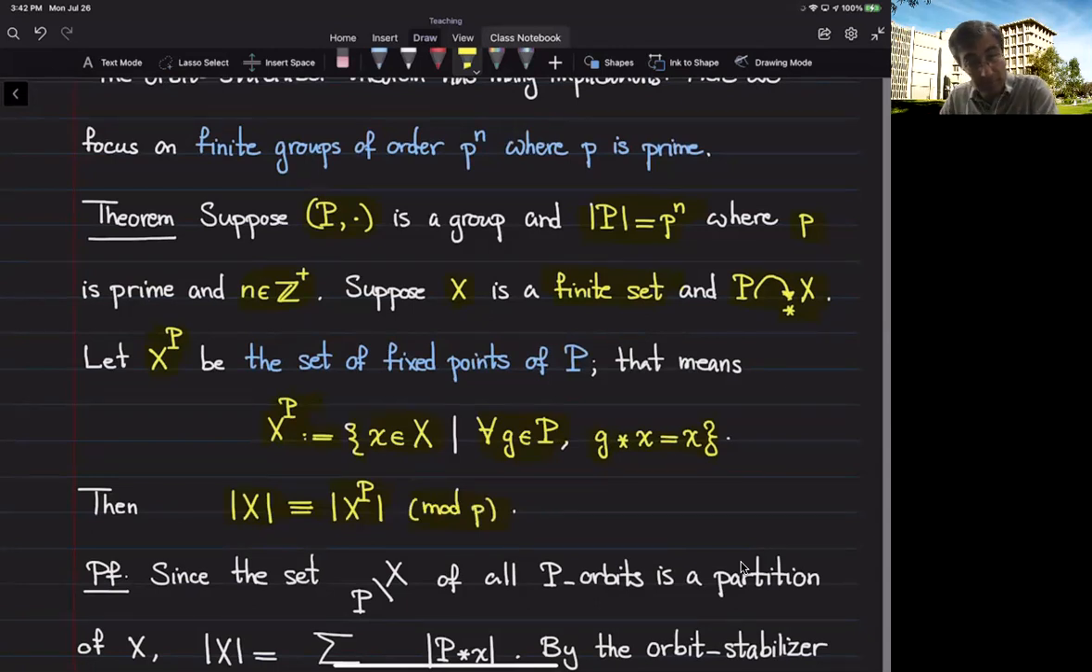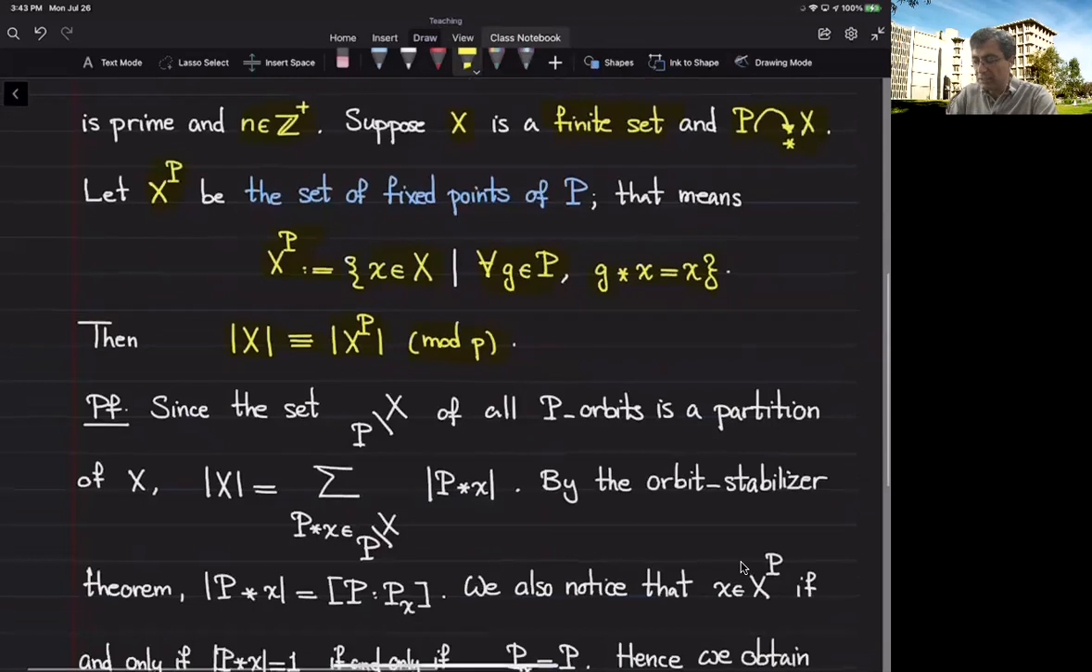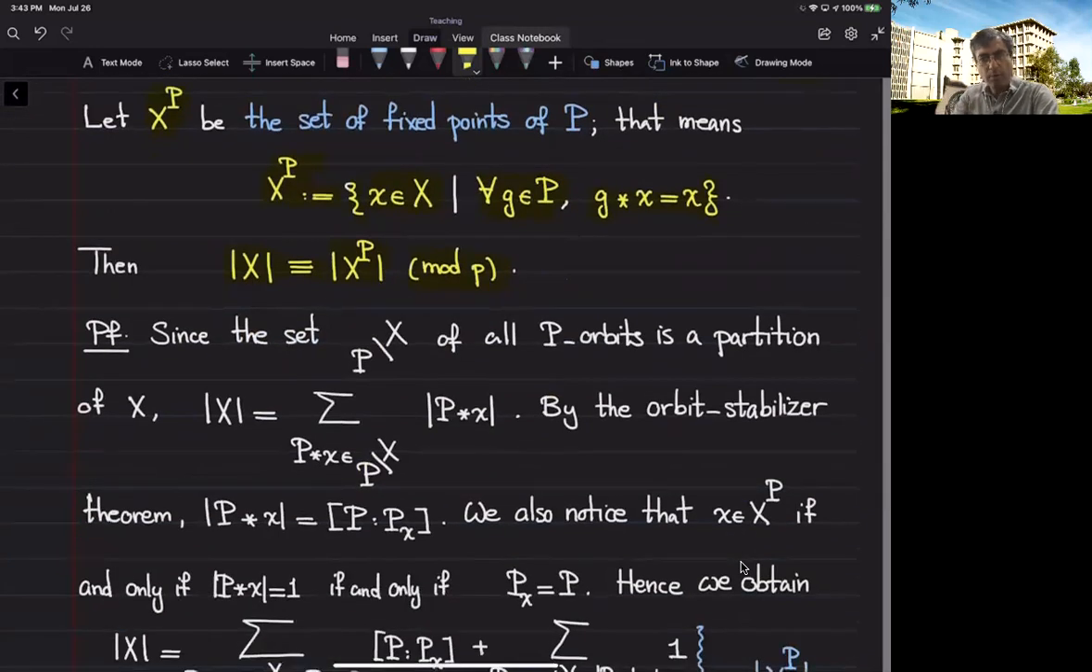Okay, so let's see how the proof goes. We have already discussed the connection between cardinality of X and action of P. Namely, we know that P orbits form a partition of the set X, and therefore the cardinality of the set X is equal to the cardinality of distinct P orbits. So if I take all the different P orbits and I add their cardinalities, I end up getting the cardinality of